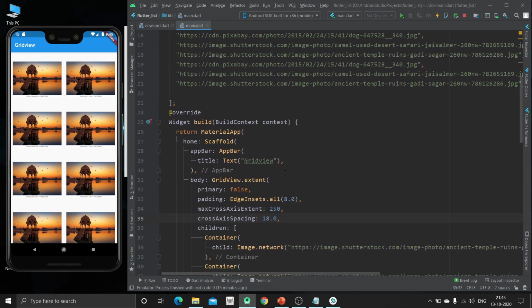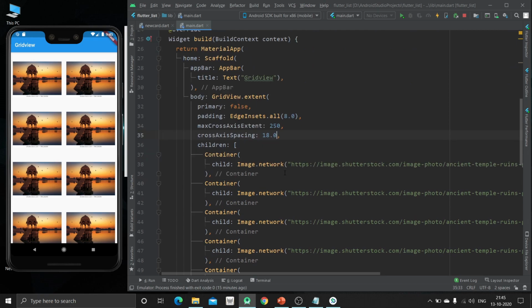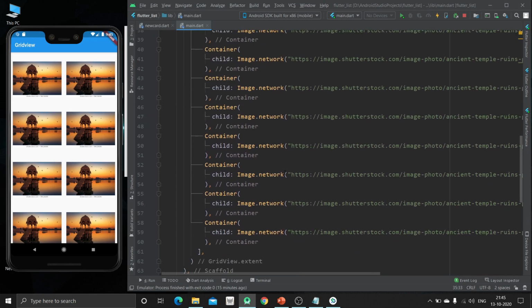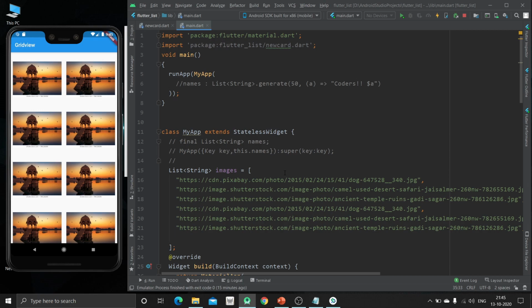So in grid view we have seen 3 grid view widgets, that is GridView.count, GridView.builder, and the third one was GridView.extent. Now we are going to see the toast widget. Basically the toast widget is used to show some notification, like we have used the alert dialog box widget to show some notification that will be visible in a box, but this toast will be like one container type with minimum height and width.